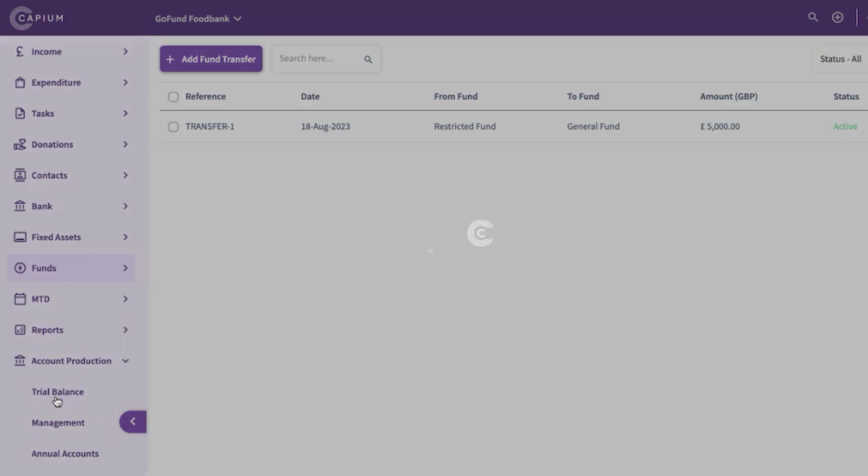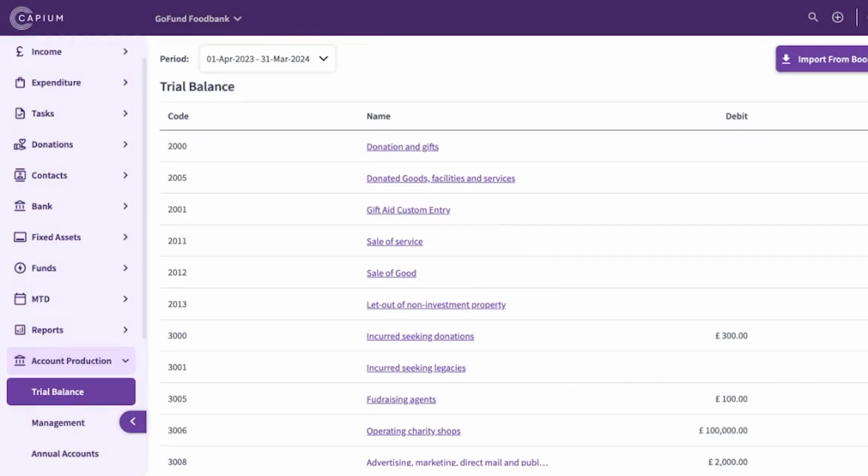Now, you have two ways to produce accounts in Capium's charity module. Either you use our bookkeeping system where it can import the transactions from the bookkeeping system. Alternatively, you will click on these three vertical dots, click import, and you can bring in a trial balance from